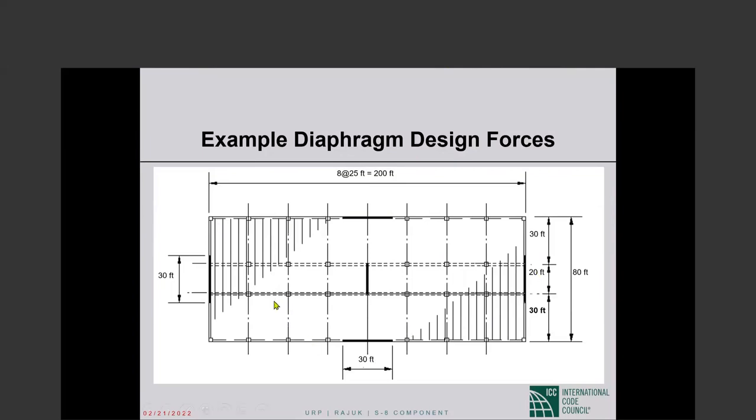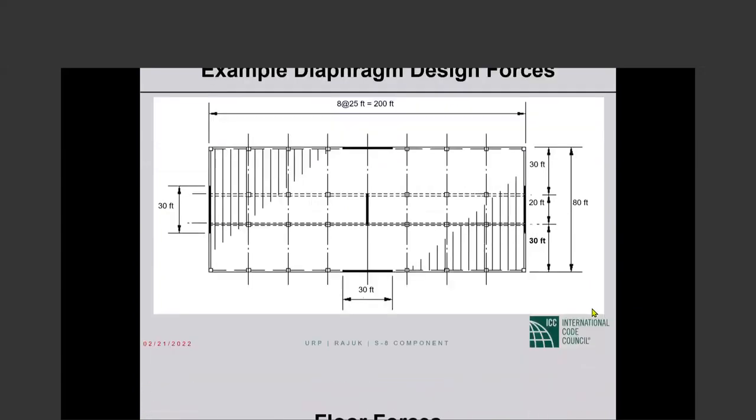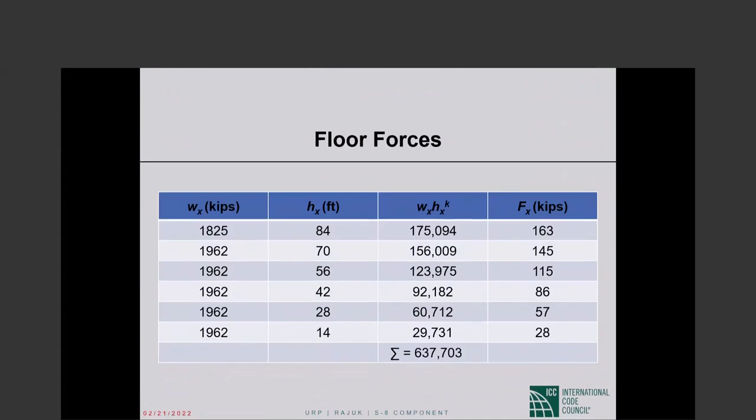A building with frames and shear walls, the shear walls are here: 1, 2, 3, 4, and one here. Okay, 30 foot, 20 feet, 30 feet bays, and this way, these are all 25 feet bays. The shear wall length is 30 feet. Same here. Okay,